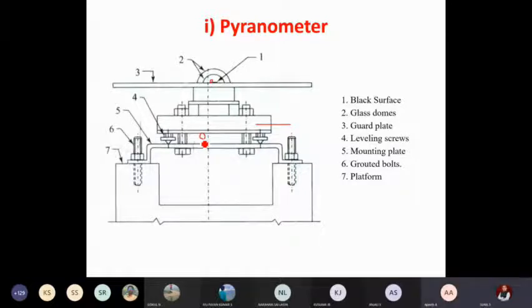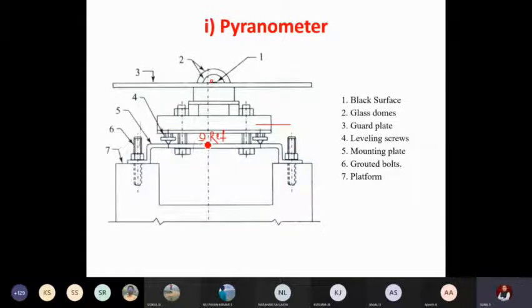One end is completely exposed to solar radiation, and one end we have kept at an isolated point. So this will be taken as the reference junction, or it is called the cold junction. This shows the room temperature, so it will already have a certain atmospheric temperature, minimum 25 to 30 degrees depending on the location. It will sense that temperature only.